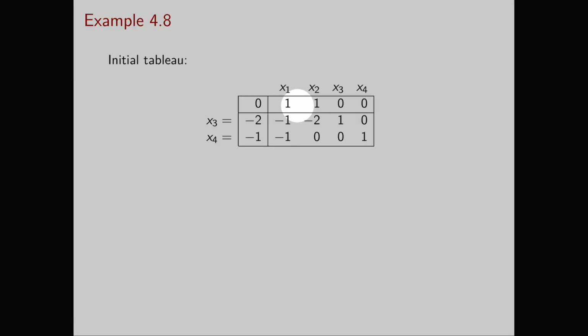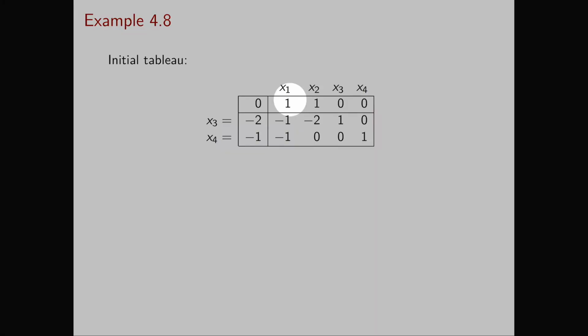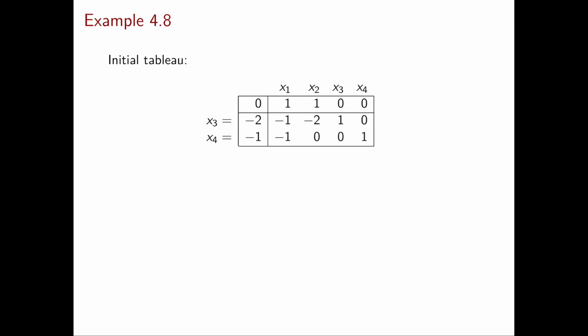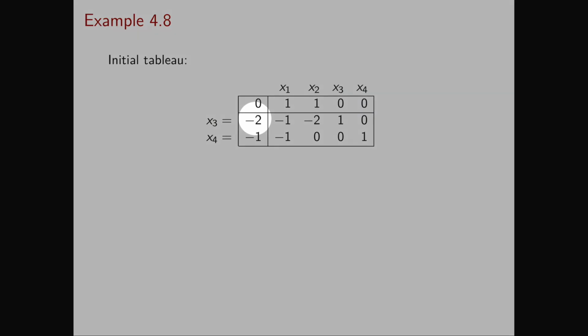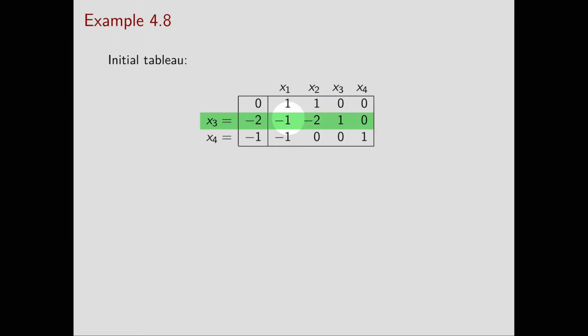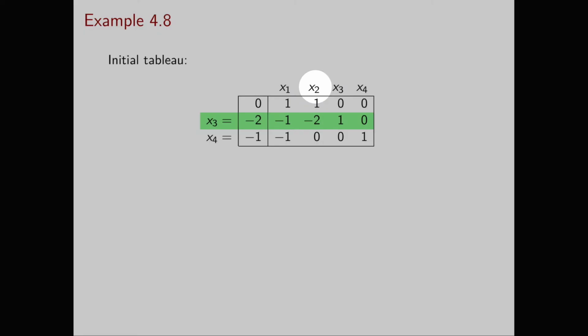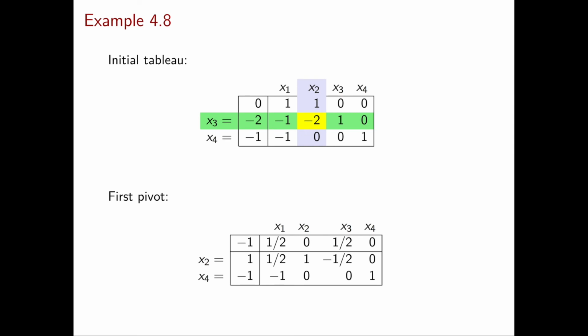You can check that this is the initial tableau that we obtain. Note that it's clear that this tableau is being used for the dual simplex method because all the reduced costs are non-negative, and in the zeroth column we have negative entries. Now let's perform the dual simplex. We select the negative entry minus 2, and so the first row of the tableau is the pivot row. We compute the ratios 1 divided by 1 and 1 divided by 2. The smallest one is achieved by x2, which then determines the pivot column. If you now perform the pivot, you obtain the tableau at the bottom of the slide.